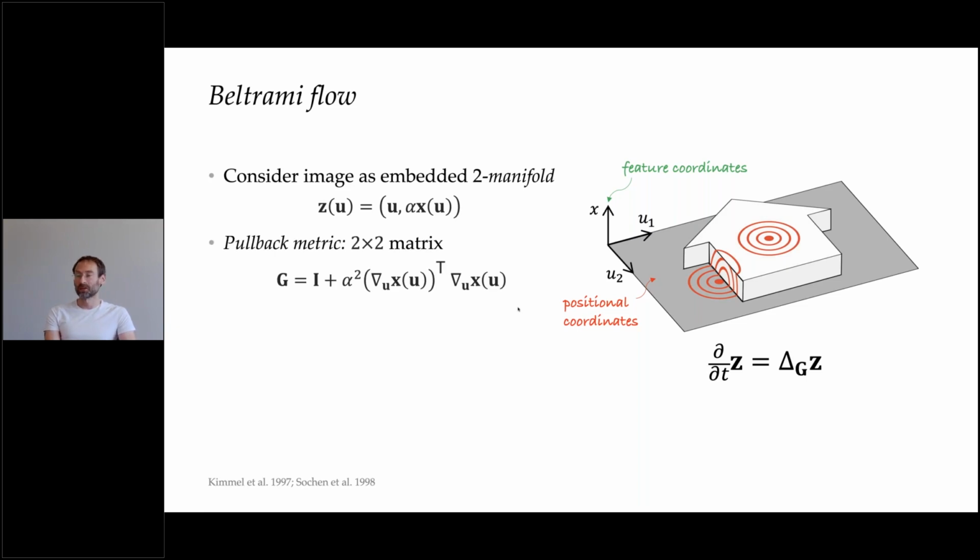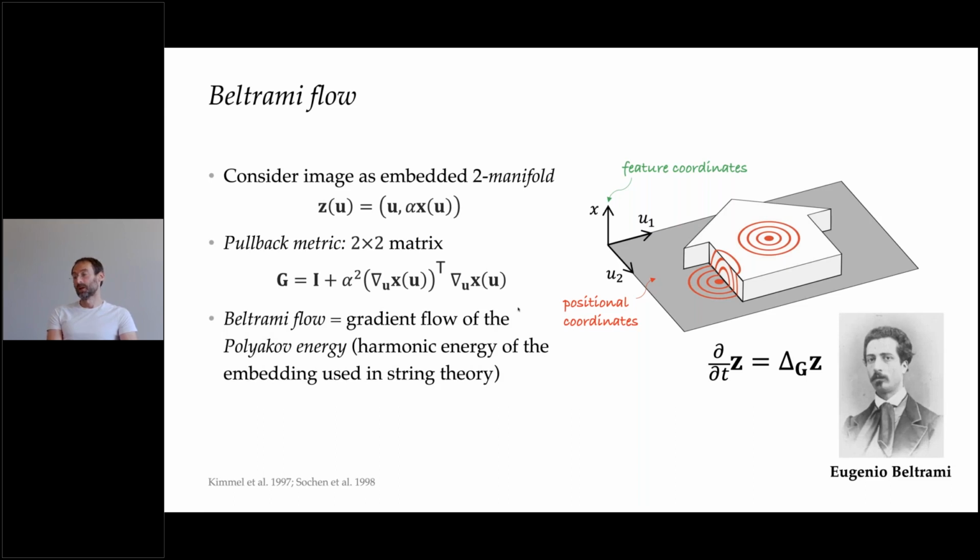And we can pull back the metric from this embedding, define the metric on this surface, and write an equation that looks like the diffusion equation. So the only difference here is that the Laplacian operator is a non-Euclidean version, what is called the Laplace-Beltrami operator. And these kind of equations come from theoretical physics, from string theory in particular. So they are called the Polyakov energy or Polyakov functional. And basically this kind of equation minimizes this energy. So we have also a nice interpretation of a graph neural network as a gradient flow of certain energy that has certain meaning, kind of smoothness.